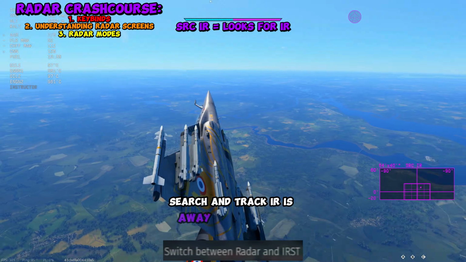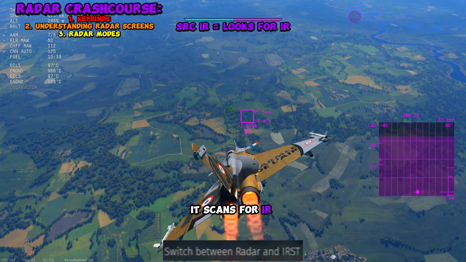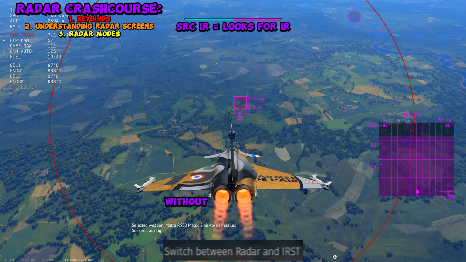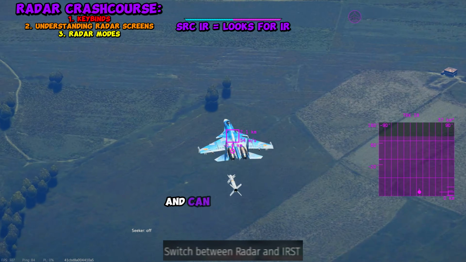Search and track IR is away from actual radars, but this is part of the keybind system, so I'm still going to cover it. It scans for IR signatures and will lock the IR signatures without giving the enemy any type of radar indication. Sadly though, this only works for IR missiles